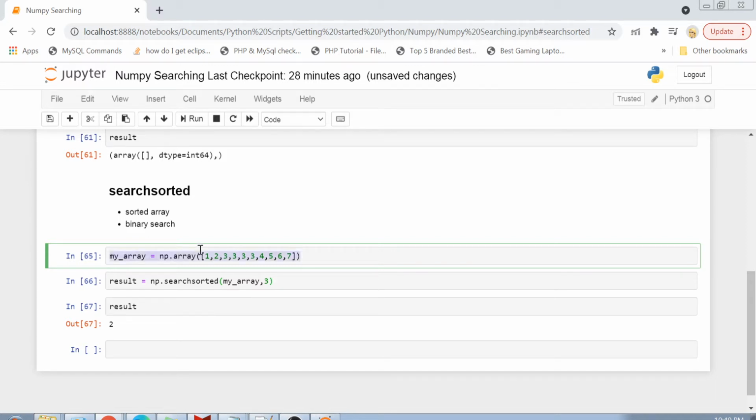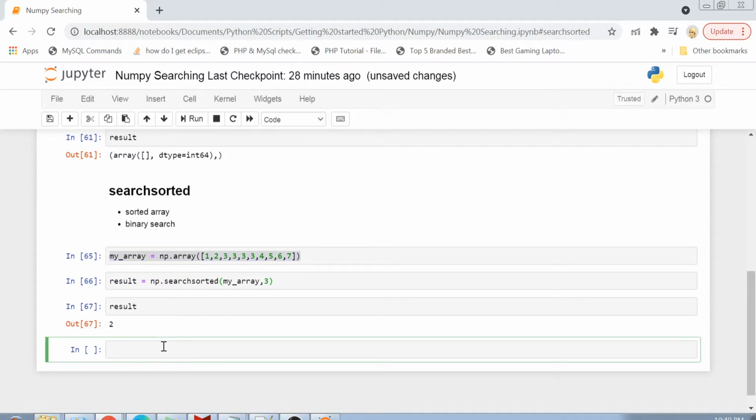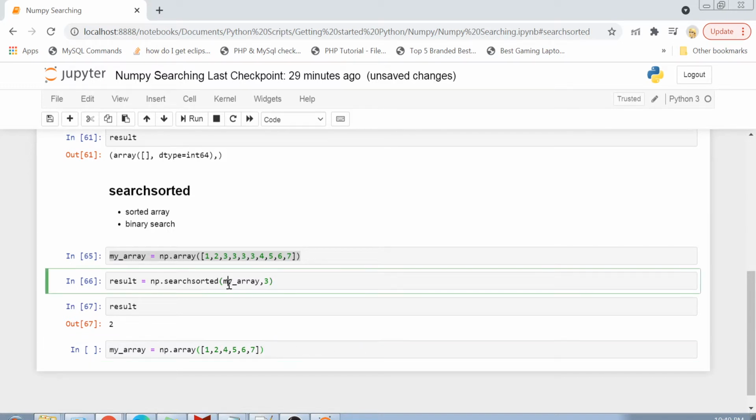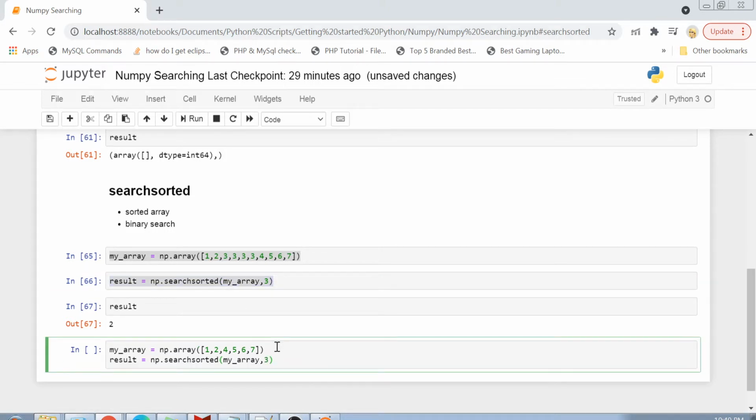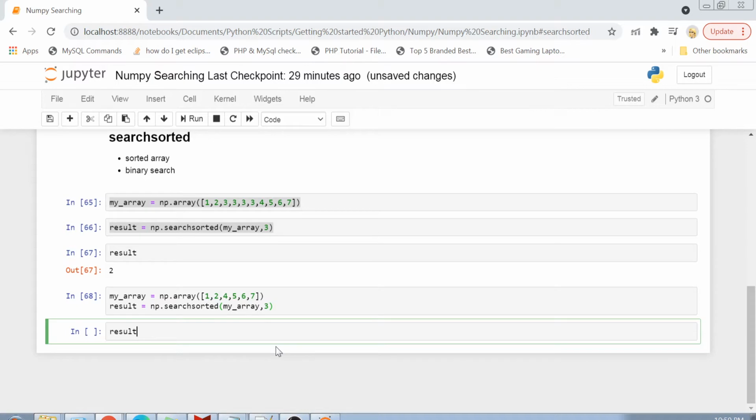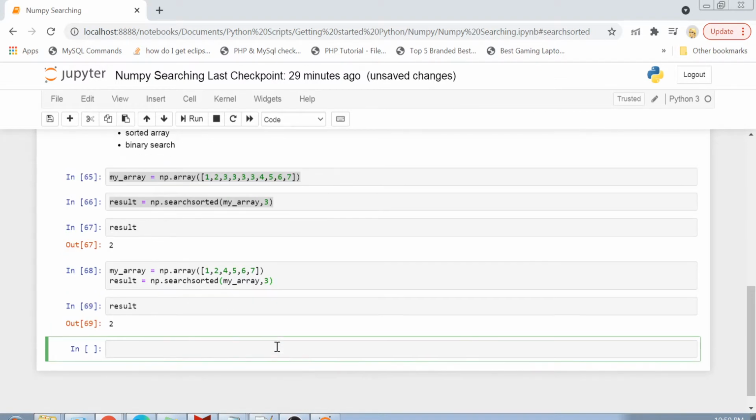So that's the first condition. Either it contains that value, or let's suppose this array doesn't contain 3 at all. It has 1 2 4 5 6 7, but I want to search the value 3. Now you know that with a where clause, your response would have been an empty array, right? But if you use searchsorted, your result will be some index.